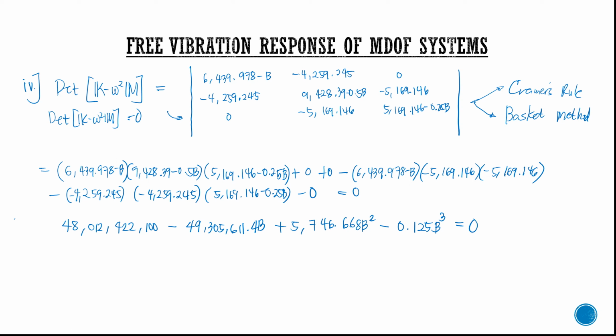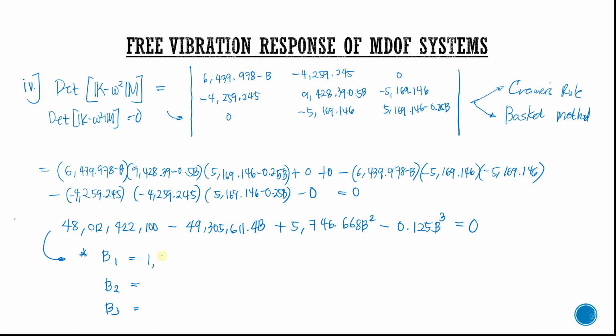Now, if you're going to use your scientific calculators in determining the roots of this one, since this is a cubic equation, therefore we will have three roots. We have b1, b2, and b3. This corresponds to the three natural frequencies, therefore our three mode shape factors. So in the calculation, we'll have three roots from this given cubic equation. And then let's say that our b1 is our smallest value. Take note of that, our b1 should be the smallest value. We call this our fundamental frequency.